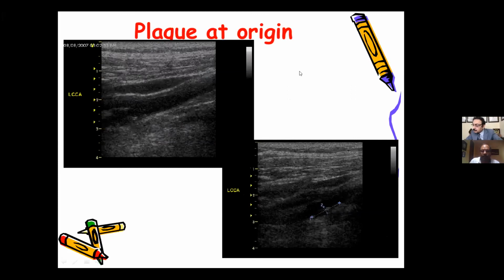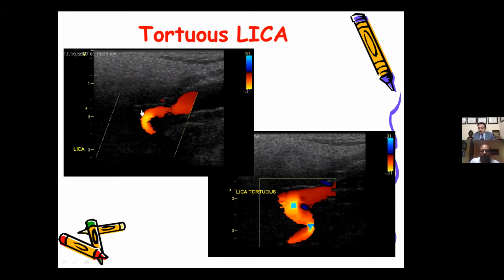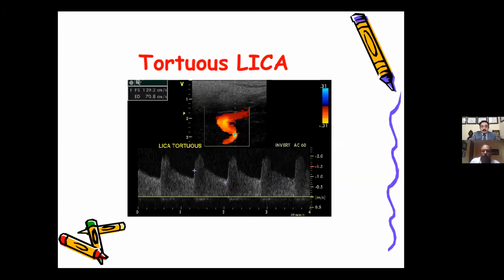Before I go and talk about stenosis estimation, there's one word, which is tortuosity of an internal carotid artery vessel. We see a tortuous internal carotid artery over here, and this vessel is showing turbulence. Does it mean it has a stenosis? I'll say if you have a diastolic velocity which is more than 85 to 90 centimeters per second in this particular scenario, because tortuosity will only increase the systolic velocity. If diastolic velocity is also increased in this vessel, it means the patient has not only tortuosity but an associated plaque. Look at the flow velocity in this patient. The flow velocity is almost close to a meter per second in this patient with a tortuous LICA, and they have a significant stenosis.